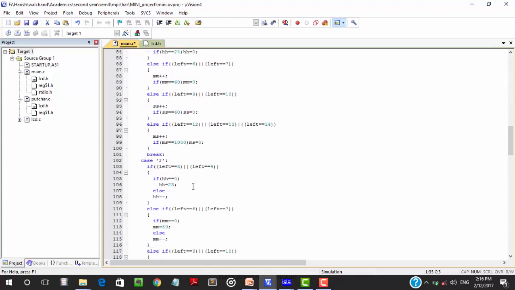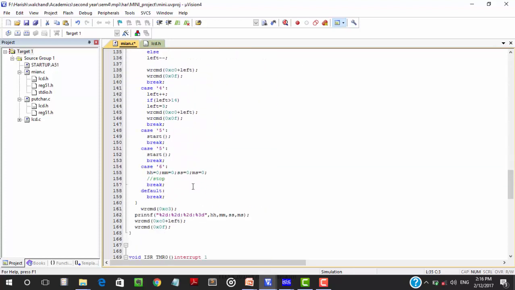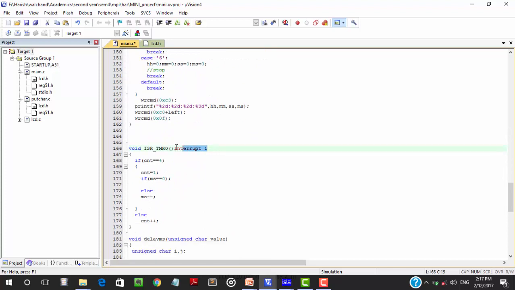Now going to the interrupt service routine of timer 0. This is the interrupt service routine of timer 0. ISR TMR0 interrupt 1. Instead of having a for loop to measure 1 millisecond delay, I have created an imaginary or a virtual for loop in the interrupt service routine.